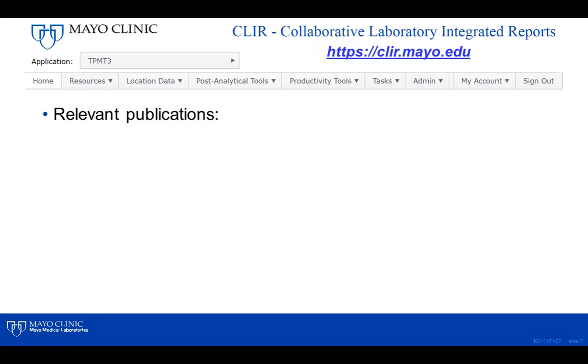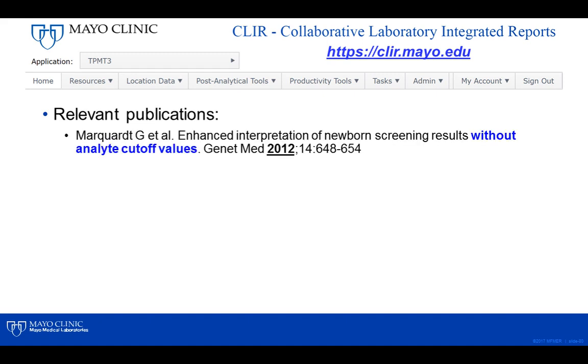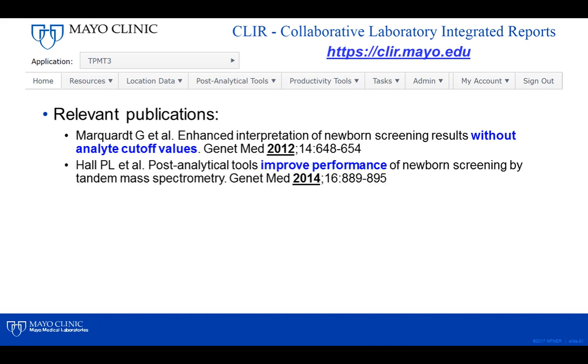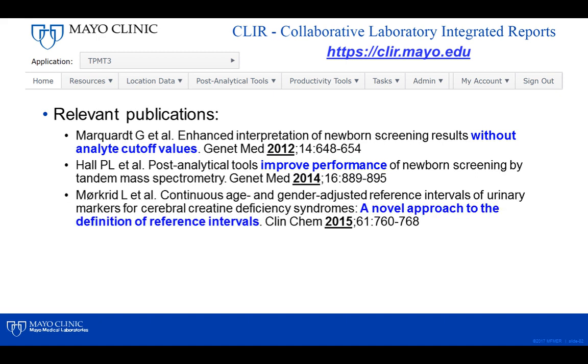CLEAR has been a consistent driver of innovation. In 2012, we first demonstrated how to interpret complex metabolic profiles without using static and mostly arbitrary analyte cutoff values. In 2014, we showed how this software could have prevented as many as 90% of newborn screening false positive outcomes experienced by the California Department of Public Health. In 2015, our main collaborator, Dr. Lars Morkred from Oslo University,